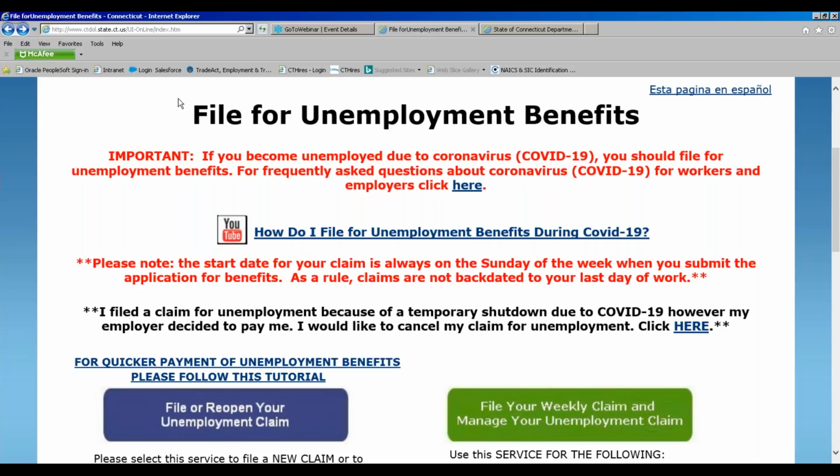What's happening today is that we're recognizing that a lot of folks' return to work dates are not realistic. Many people thought they would be returning, say, on April 1st or on April 8th, and that has in fact turned out not to be the case. So what we're doing to make things easier on claimants, and not make them have to contact us again, is we're taking down your return to work dates, because we're recognizing that for a lot of you, you're not going back to work on that date you thought you were originally.